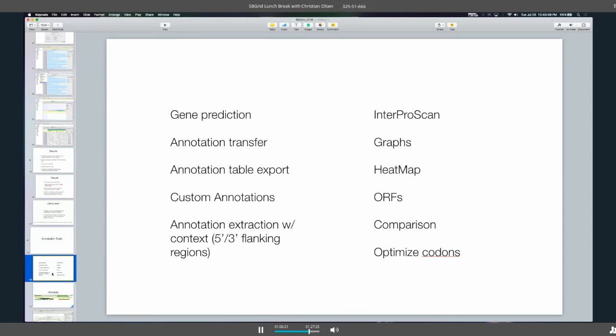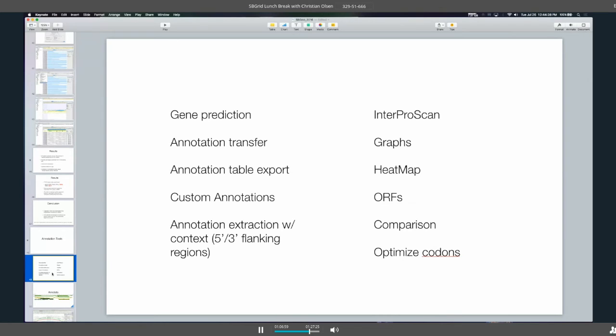If I wanted to add a metadata field like GPS coordinate or mosquito nets, has net or doesn't have net, all of those bits of data that the epi officers really rely upon, you can create custom annotations and custom metadata in Geneious. You can leverage the annotations in Geneious to extract sequences. So you're not just extracting the annotation sequence, but you can extract flanking regions. So 5', 3' flanking regions. If you want 500 base pairs upstream and 300 base pairs downstream, if you want to extract the gene context,